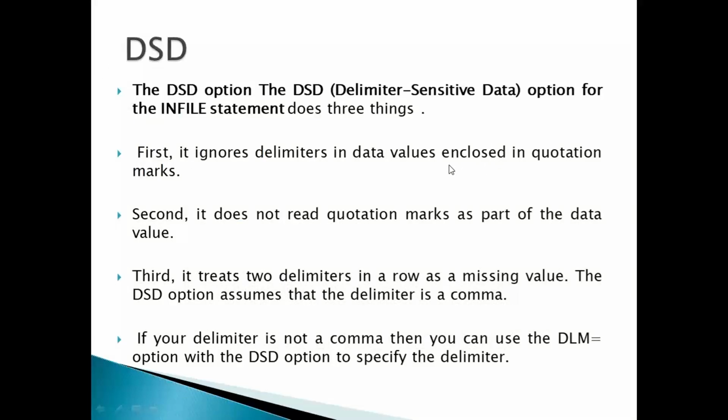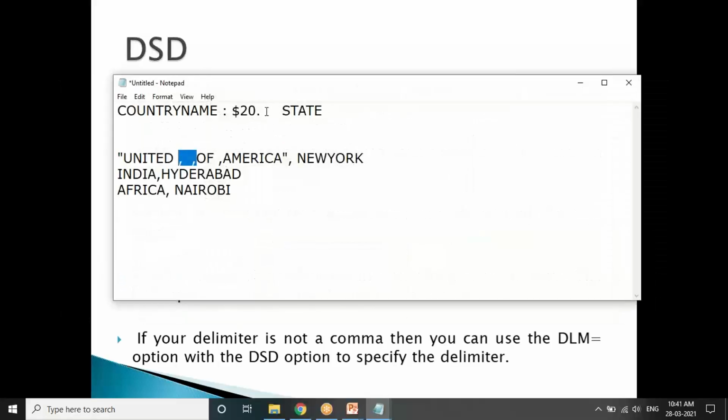Sir, will it count the commas also in DSD? Yes, it will count the commas. It is a character value, but it will ignore it. Because the range we have specified is 20, no? Okay, it can be any size. The example we have shown just now, for the assumption I gave it as 20, it might be whatever number of characters. I mean, for the same assumption, the range we have given is 20, and if commas are added, then the range will have to increase if we need to get complete data. Right, absolutely, yes, as per the data.